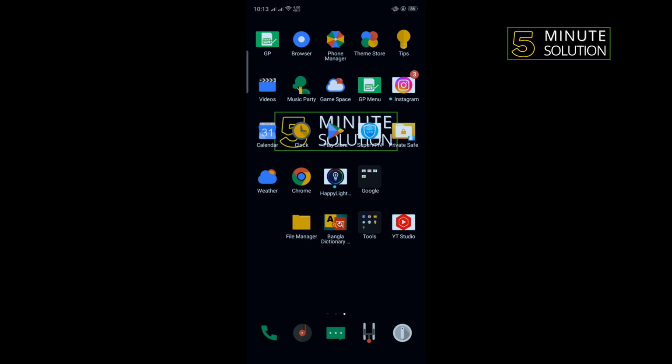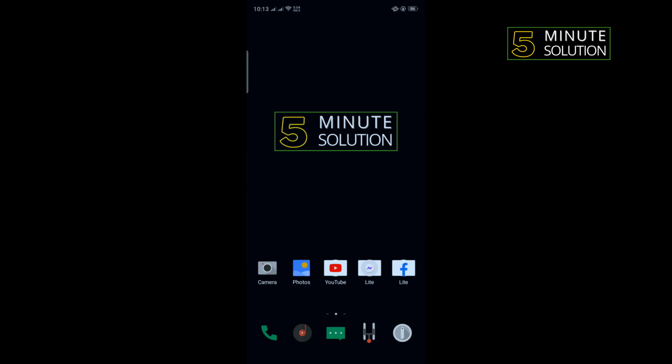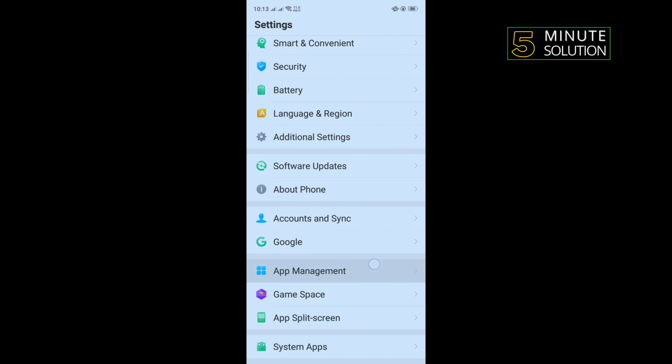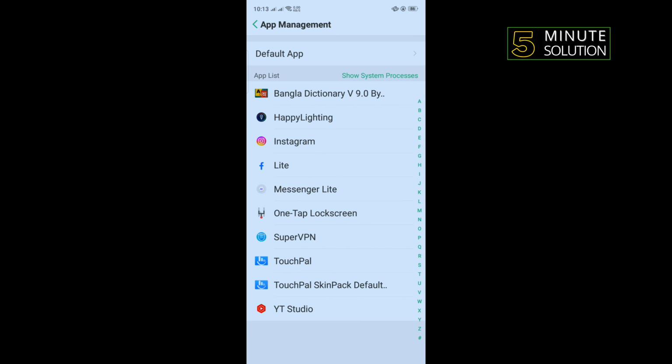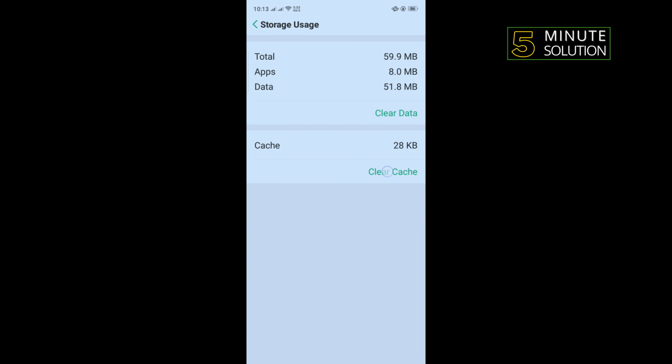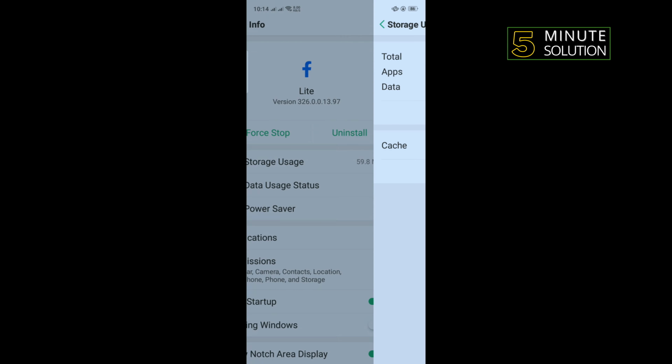And our second solution is we need to uninstall our Facebook app. To do that, open your phone settings, scroll down and tap on app management. From this list, open Facebook, tap on storage usage, tap on clear cache, tap on clear data, and after that tap on back and tap